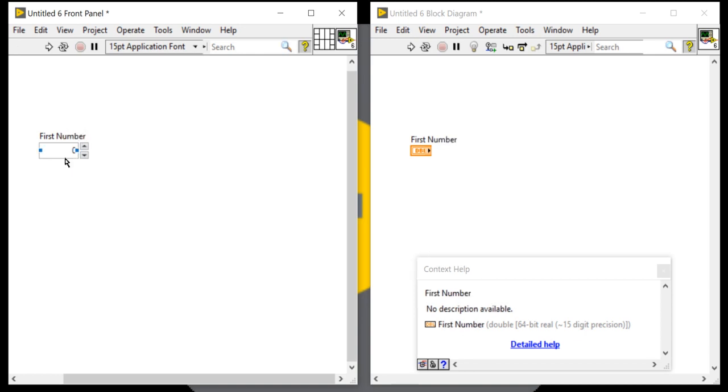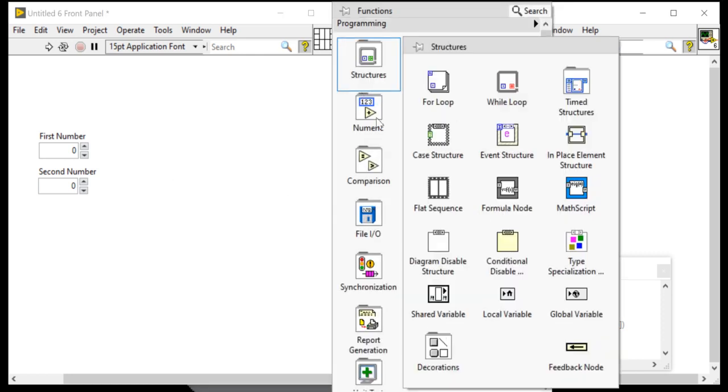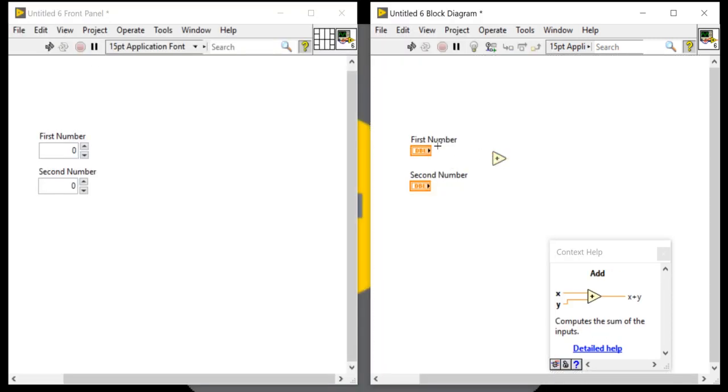First number, copy and paste, second number, for second number. Right click, come here. We know the logic: a plus b divided by 2.